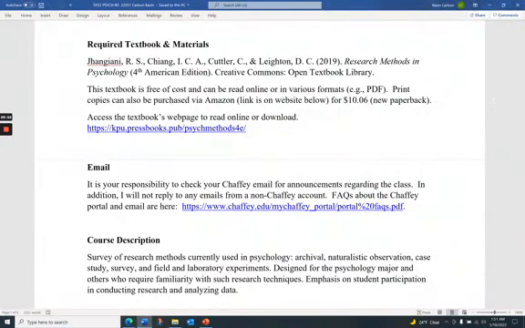What I'll say also in terms of the textbook, I noticed that our bookstore or campus store has an optional textbook listed. There is no optional textbook. The only thing that's needed for this class is this required textbook.